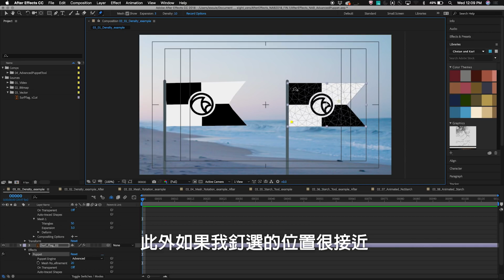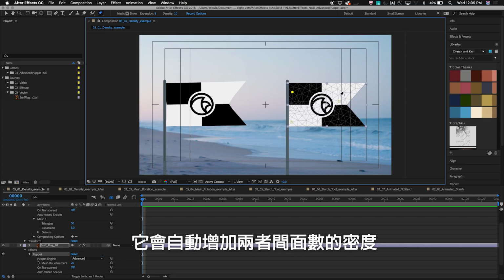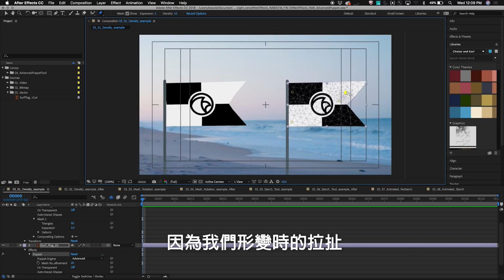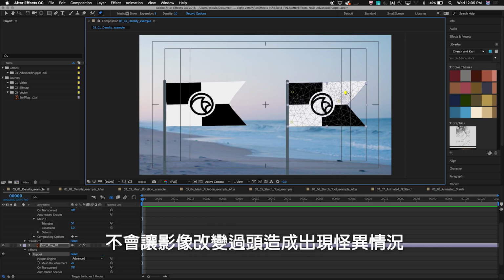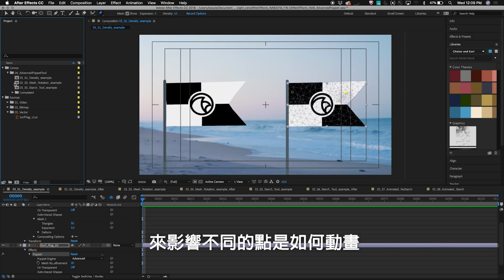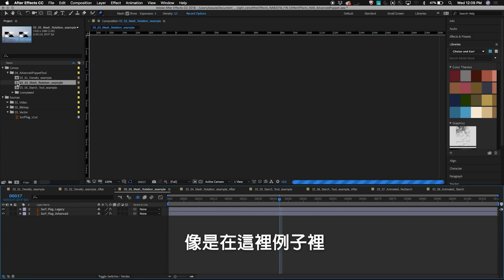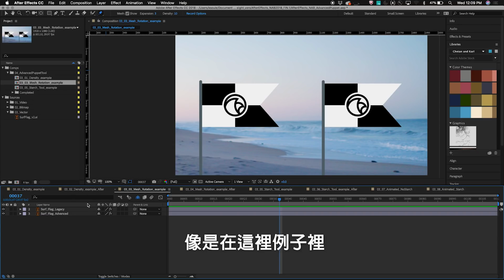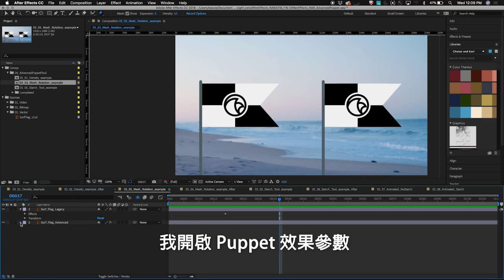And on top of that, as I add pins close together, it will increase the density automatically between the pins because it will need to stretch that, and we want to make sure that the animation that we're doing is accurate and doesn't make the image being stretched and changed fall apart and create artifacting. Now, in addition to just adding additional points, we've also added some new controls that work with how different points get animated. So if I come in here to this example, I'm just going to twirl down the puppet